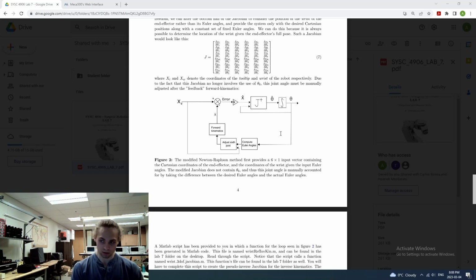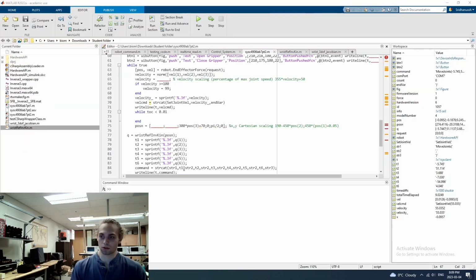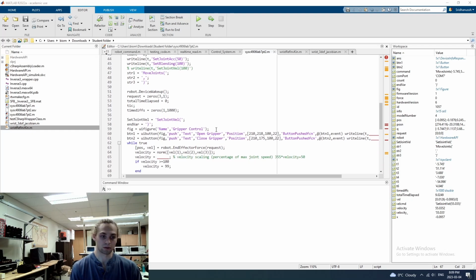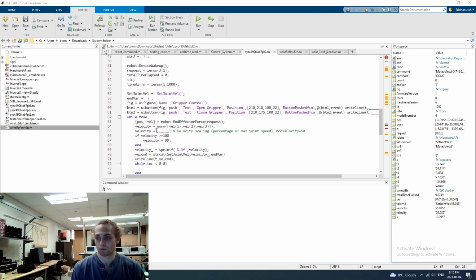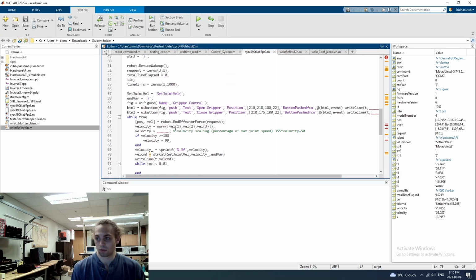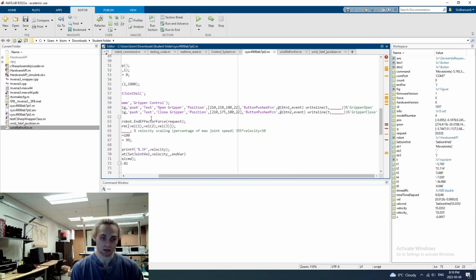You guys don't have to do this because the Newton's method script is written for you. There are just a few things that you have to do to fill out the blanks, so I'll show you how to do that. This is the main script, and it's going to look very similar to what you did in the previous activity. You're just going to fill in the velocity mapping and the position mapping. We've also got this gripper stuff up here, which we'll go over in just a sec,